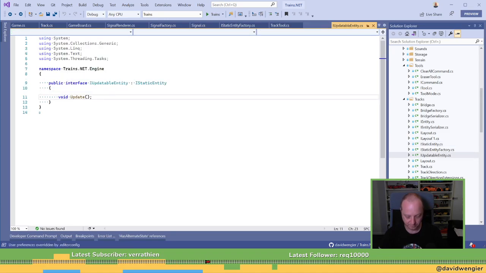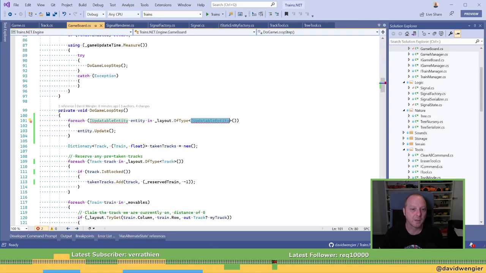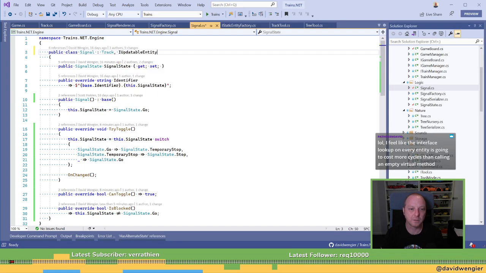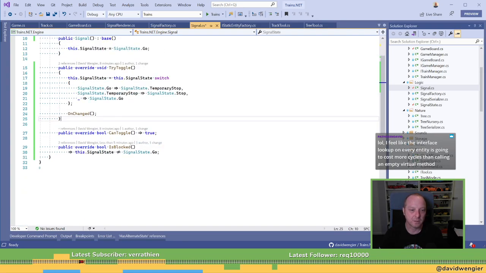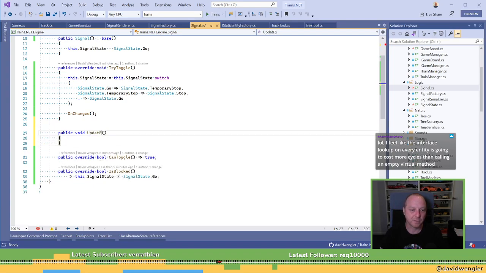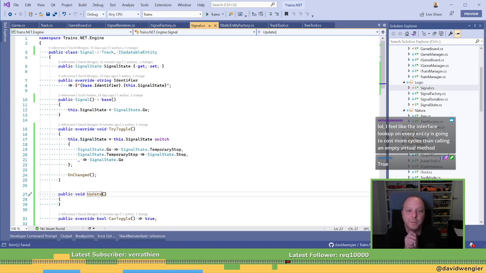Oops. Forgot to clean the usings. Okay, so updatable entity, cool. And so signal is updatable. So signal has an update method. So how do we want to do this?